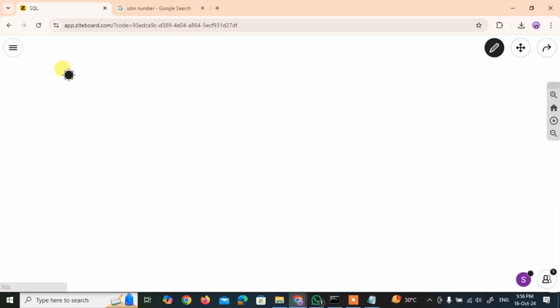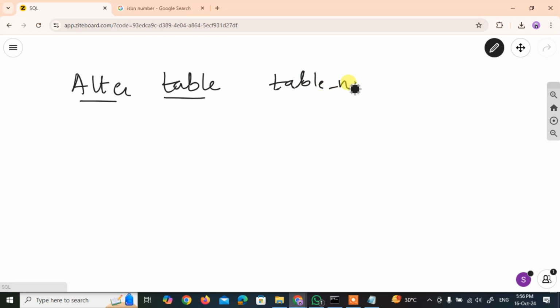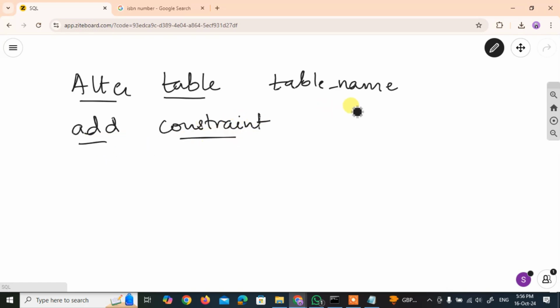Look at the syntax of add constraint. It begins with alter table, where alter and table are the keywords. We mention the table name, then we write the keywords add constraint. So add constraint is basically the keyword. Now we need to give a constraint name.